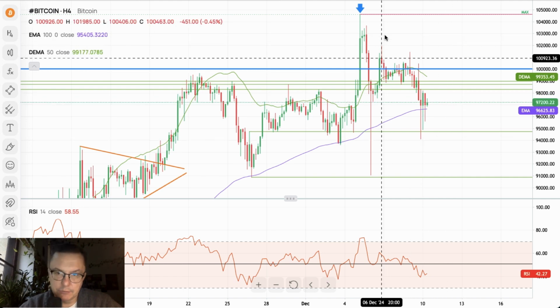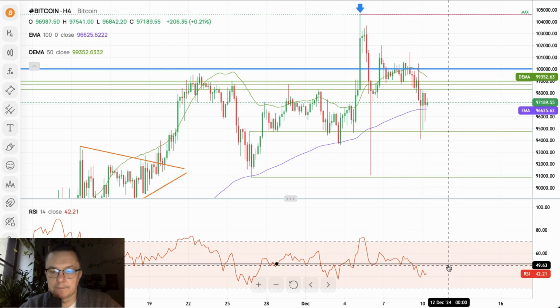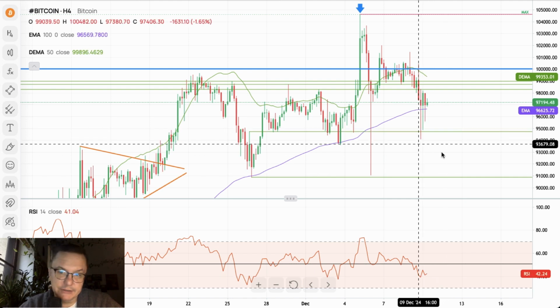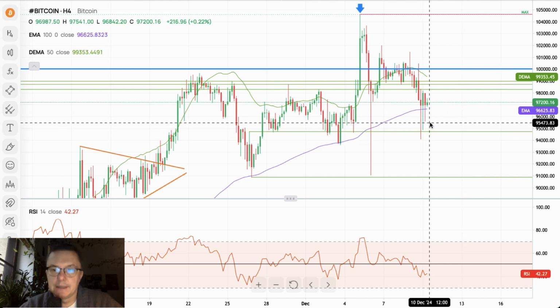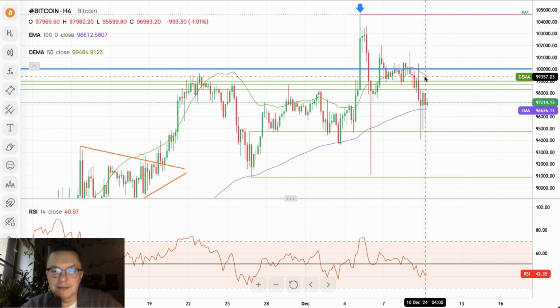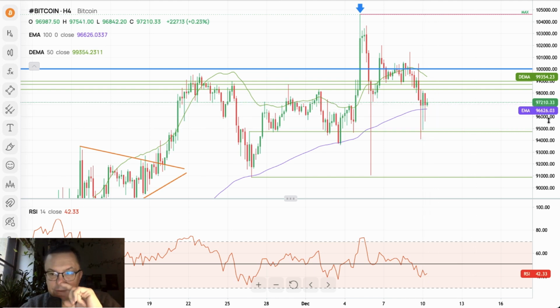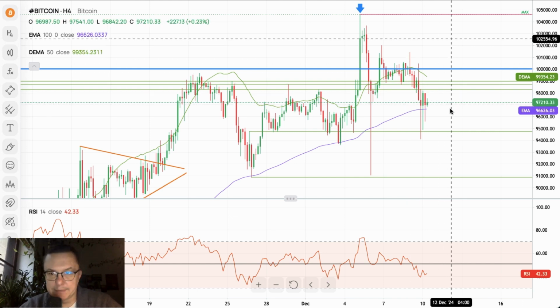Right now it looks like we got some kind of bearish pressure here, and it's definitely destroying the upward momentum, as we got below the level of 50 already. But the bulls are still trying to do something with the current situation. They are buying the dips. So now the price is locked between the 150 periods moving average on the 4-hour chart, 96,626 from the downside, and 99,354 to the upside. So where will we go, to the upside or to the downside?